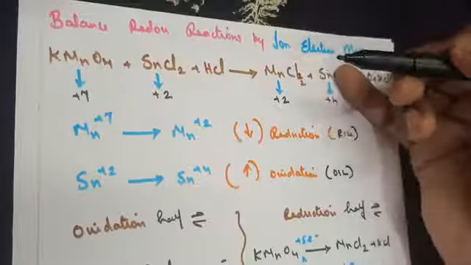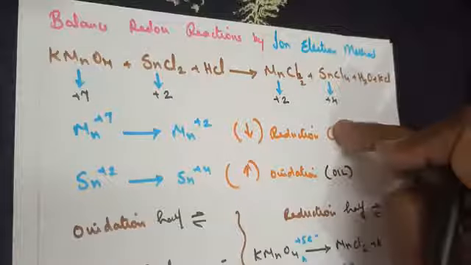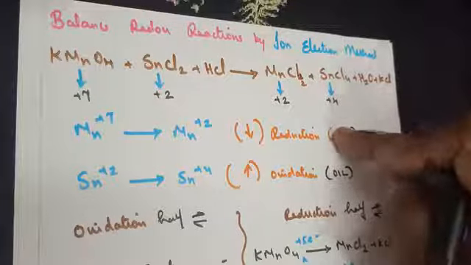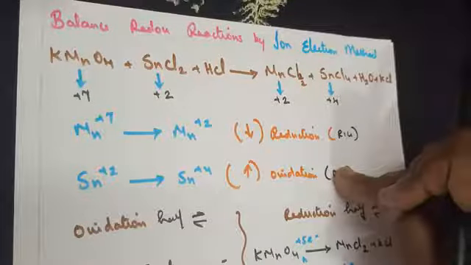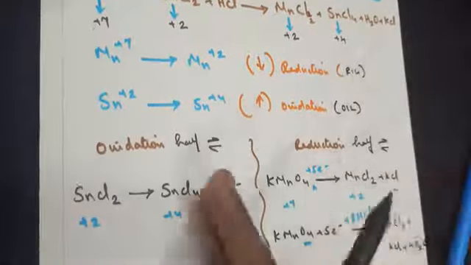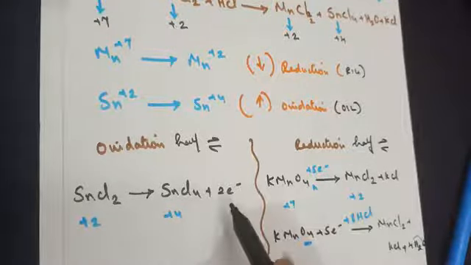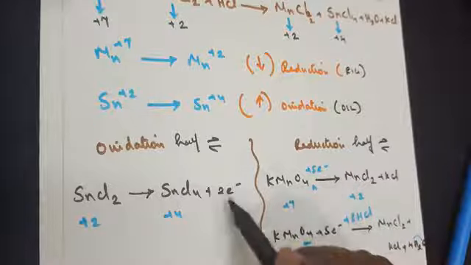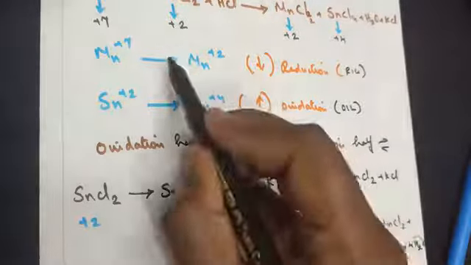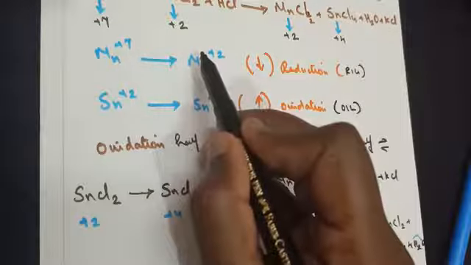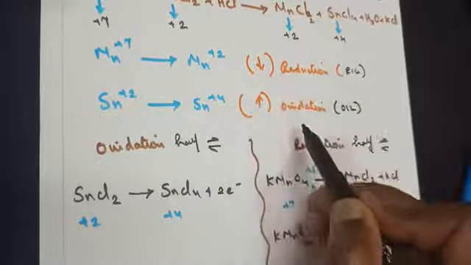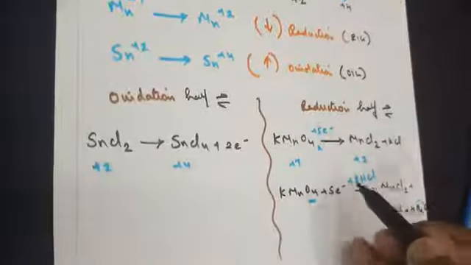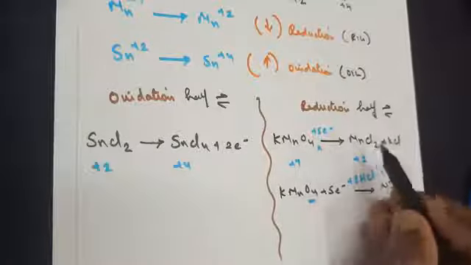So step number 1, you've calculated the charge. Step number 2, write down which element is undergoing oxidation and which element is undergoing reduction. Step number 3, split and write them in terms of losing of electron and in terms of accepting of electron. This losing and accepting you will find based on the difference that is found in case of reduction and in case of oxidation. The next step, you need to balance oxygen.